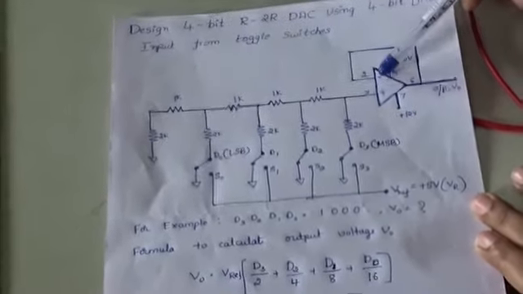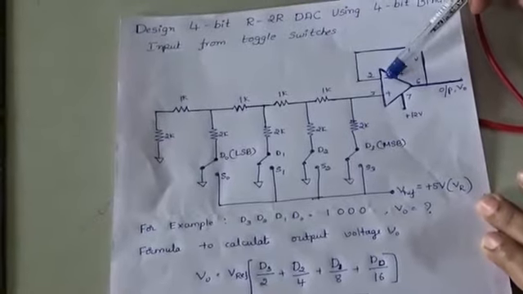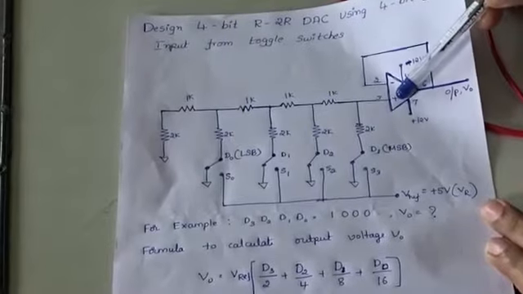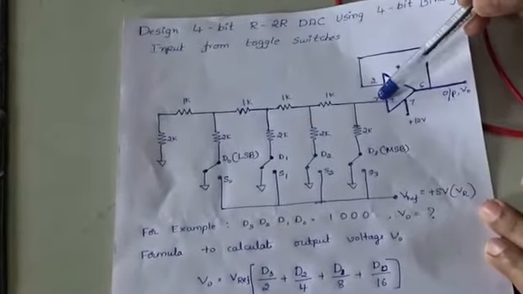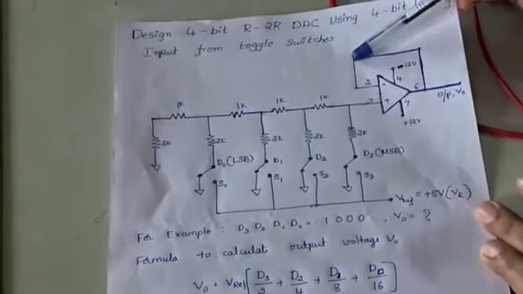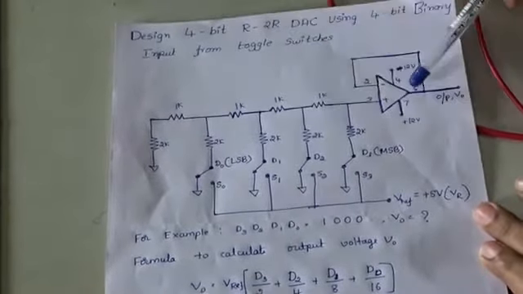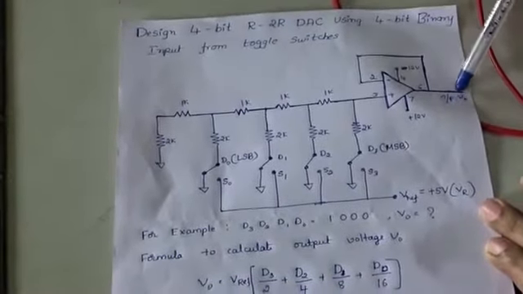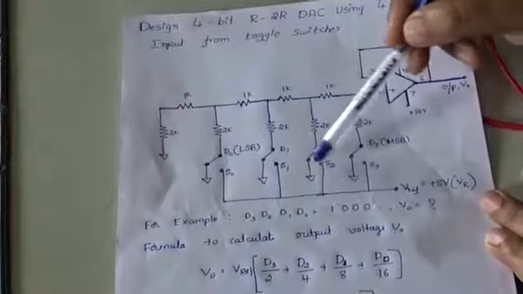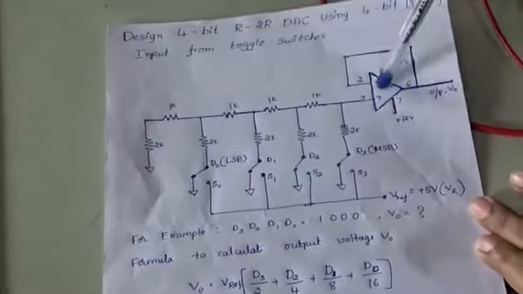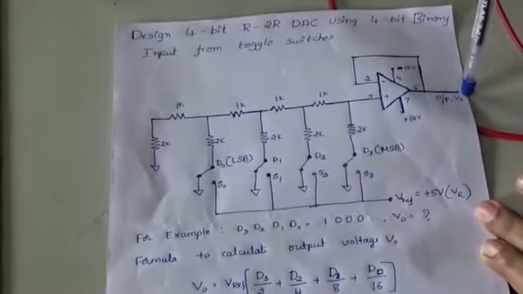And 2 input terminals will be there. This is the inverting terminal, that is minus, which is assigned to the 2nd pin, and plus is the non-inverting terminal, which is assigned to the 3rd pin. Since it is a voltage follower, your inverting terminal is directly connected to the output terminal, 6th pin. So from the 6th pin we are observing the output. Whatever input we give through the toggle switches will be forwarded through this op-amp, and that can be observed at the output.